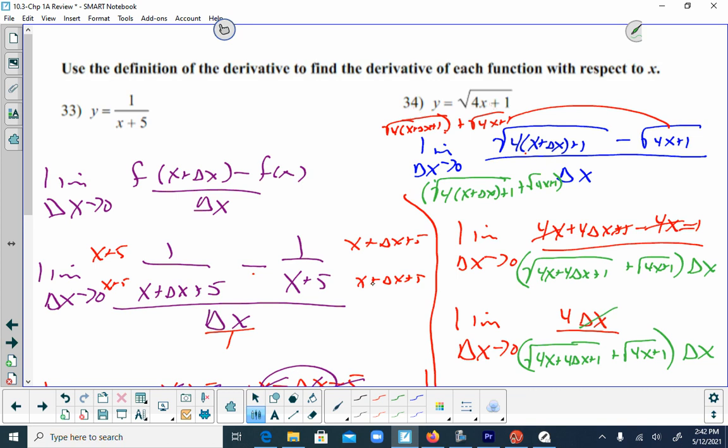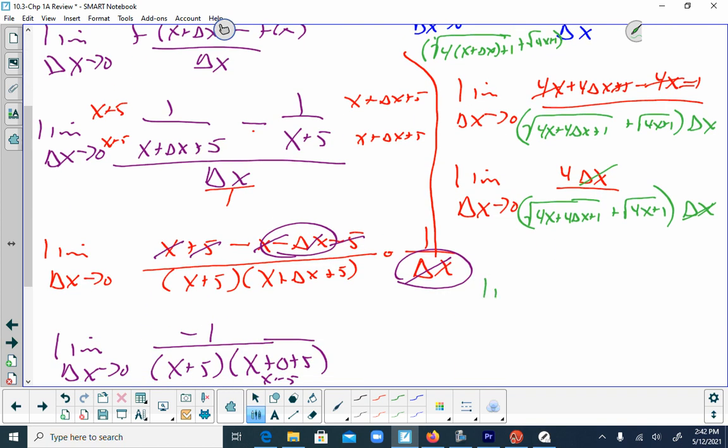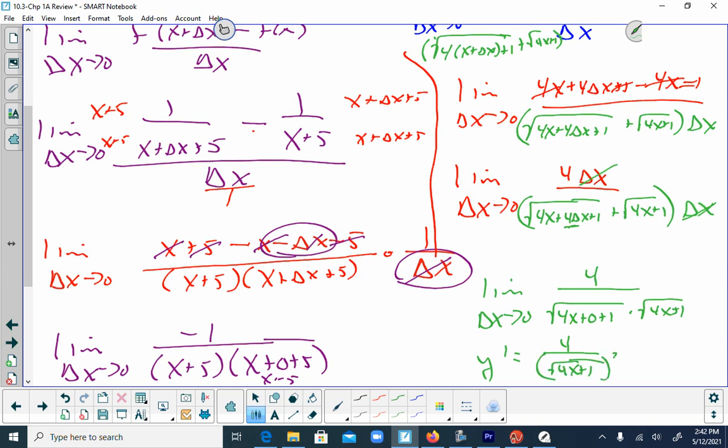Now the delta x's simplify. And now it's okay for me to substitute in 0. So I'm going to still write limit as delta x approaches 0. I'm going to have 4 over, and then this will be the square root of 4x plus 0, right? 0 plus 1 times the square root of 4x plus 1. So I'm going to end up with my derivative equaling 4 over the square root of 4x plus 1 squared, which if I take the square root of something squared,